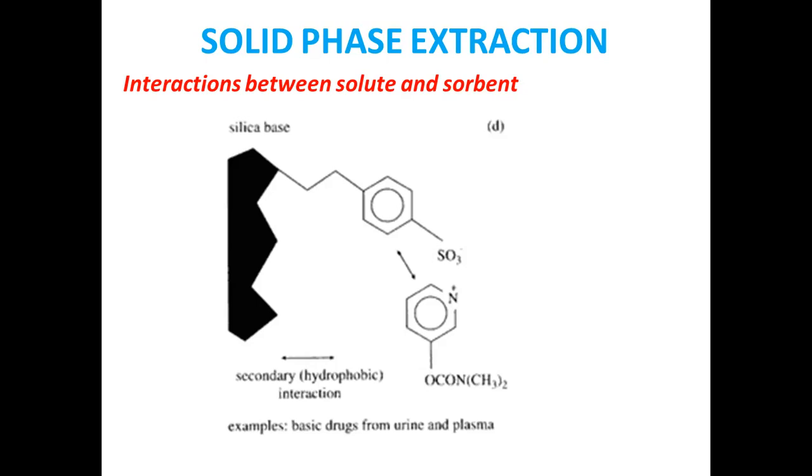If you use the sorbents such as cyanopropyl or aminopropylsilane, they are intermediately polar. Polar interaction is possible, and even hydrogen bonding is also possible. So even ion exchange can be expected if you use the sorbents which are ionic in nature. So the sorbent will be prepared in such a way that it will be suitable for the separation of cationic and anionic species. So both are possible. So like this, many sorbents we can quote for your convenience. And this is how the sorbents will be playing a very, very important role. The experimental conditions you are maintaining, such as pH and temperature, are also very important.